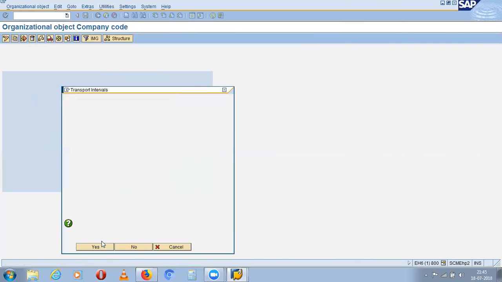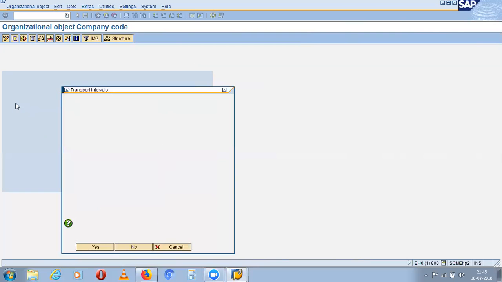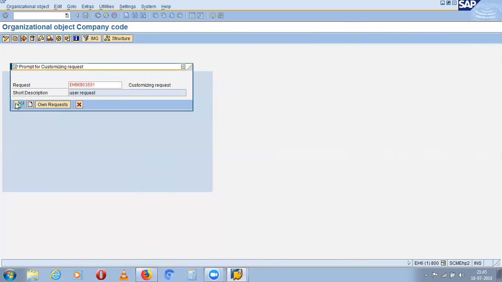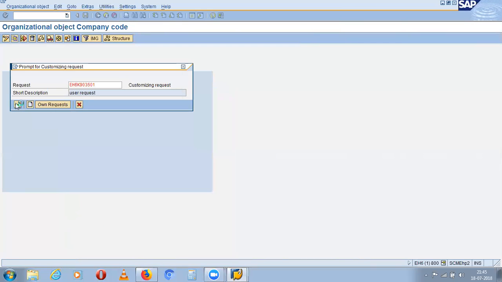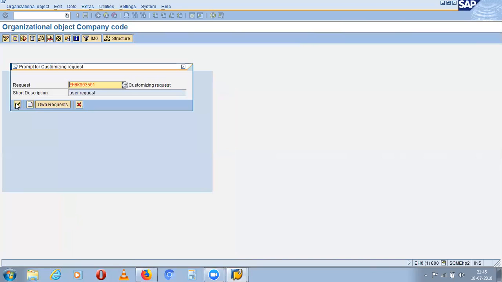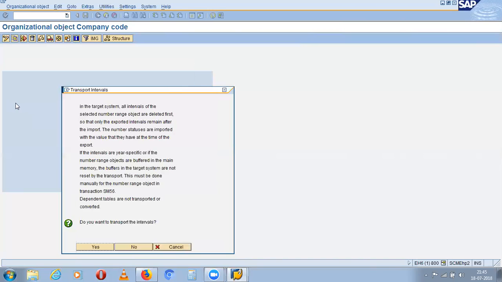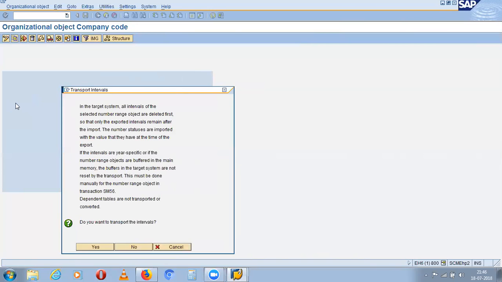Keep pressing enter key. It is trying many times, no?